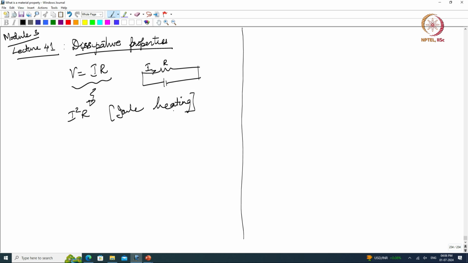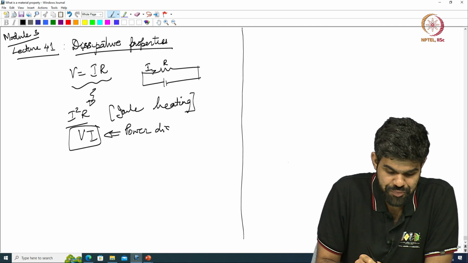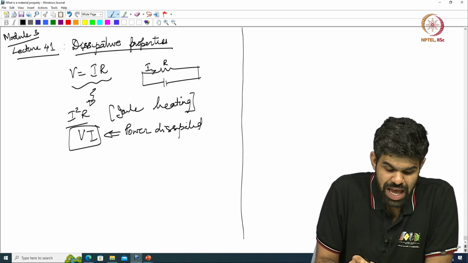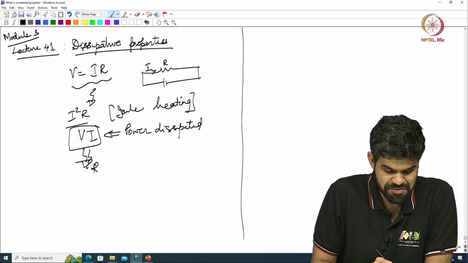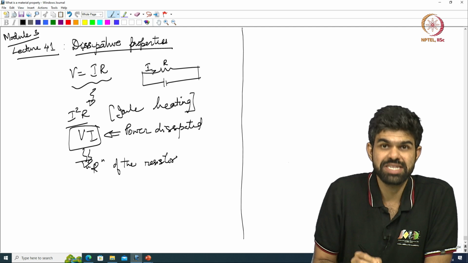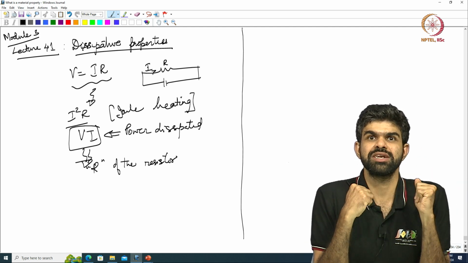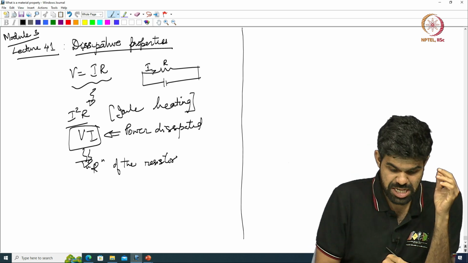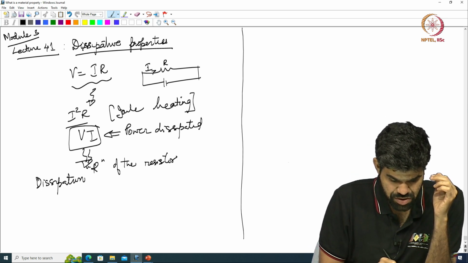So, what is the power that I dissipate? It is either given as V squared over R, I squared R, or V I, right. So, to be more precise, the power dissipated is given as V I, right. And the underlying property of the V I power dissipated is the resistance of the resistor, and my resistor here is a material, and so we will look at such properties that are going to dissipate. So, this is a dissipative energy, right. So, this is dissipation of electrical energy,